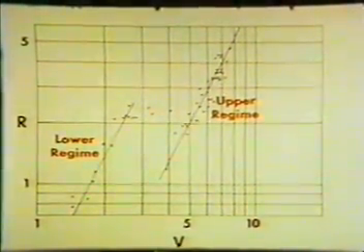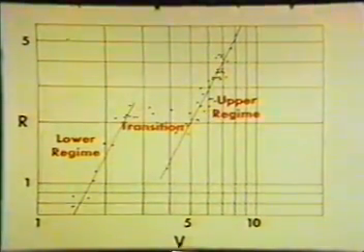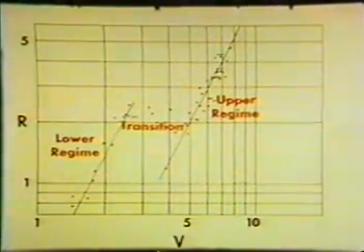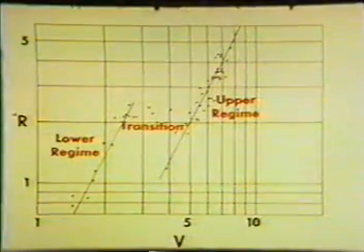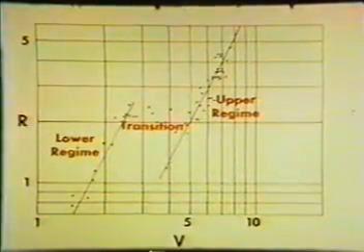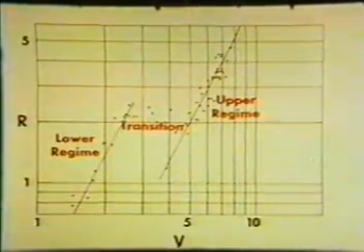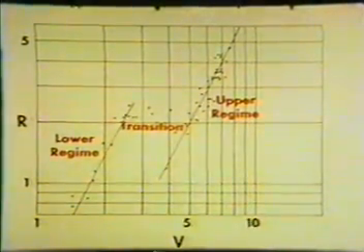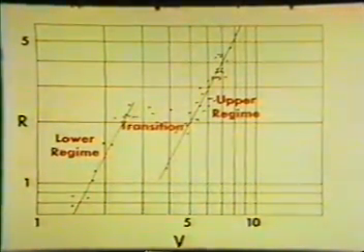Between the two regimes of flow, there is a transition when the bed form may range from that typical of the lower flow regime to that typical of the upper flow regime. And the resistance and sediment transport are also in transition, ranging between conditions for the two flow regimes.